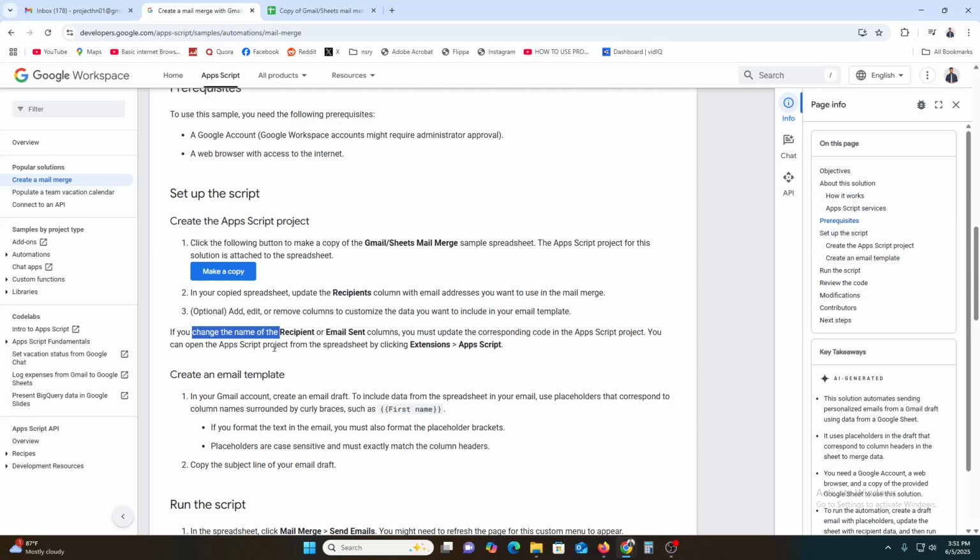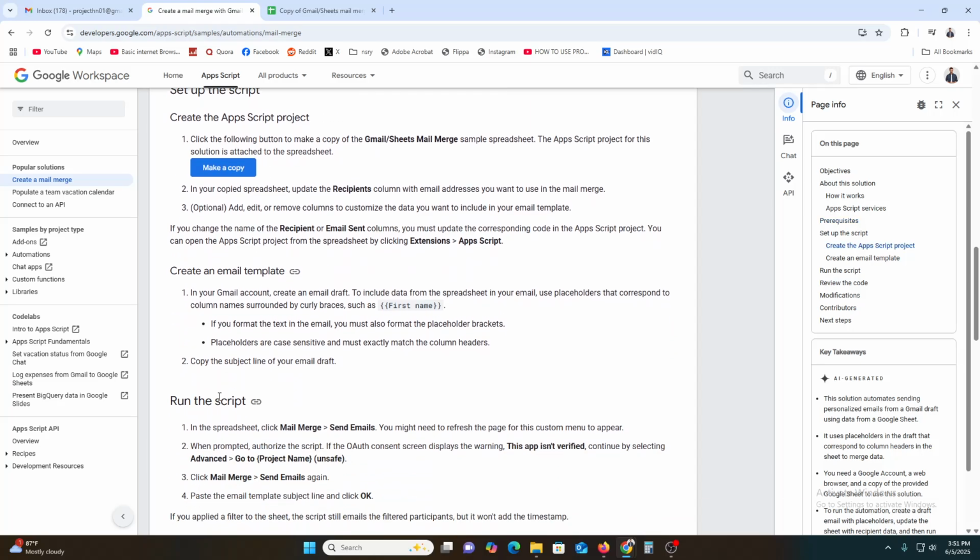You can open the Apps Script project from the spreadsheet by clicking Extensions, Apps Script. I'm not going into this one. I will dive into the main goal, that is to create an email template. But before that, you need to remember